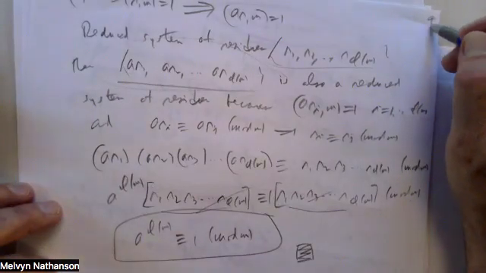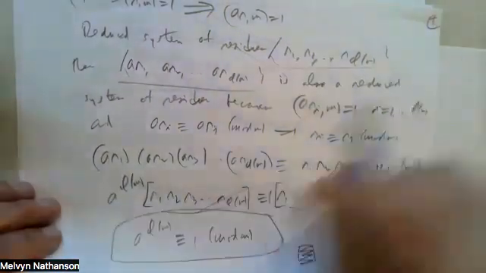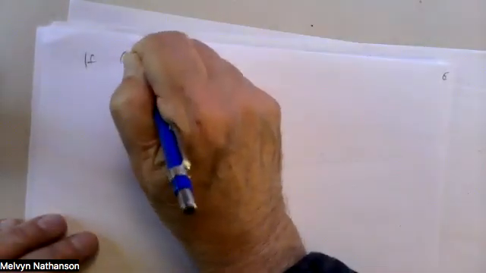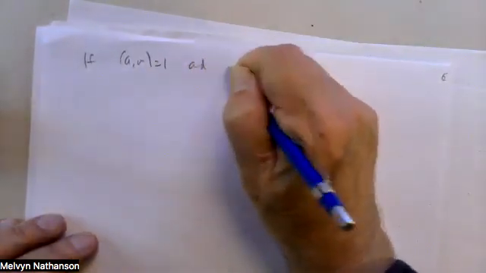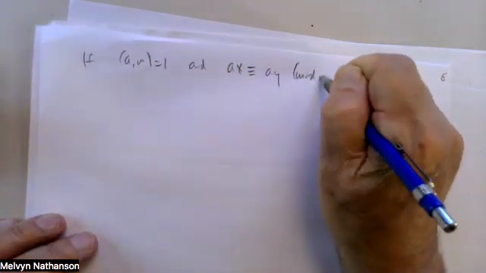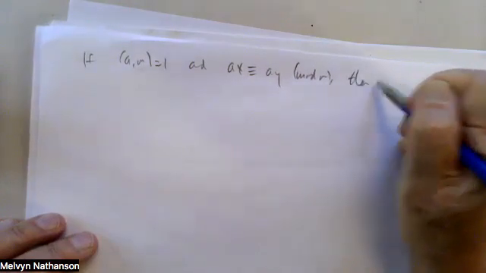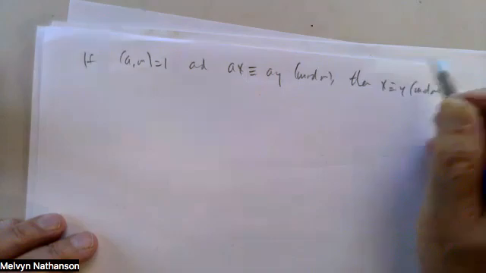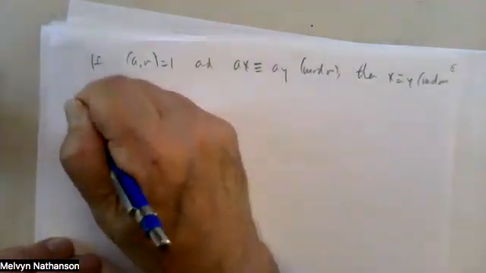And what I use consistently in this proof, let me just isolate it to make it very clear, is the following observation. If A and M are relatively prime, and AX is congruent to AY mod M, then X is congruent to Y mod M. And the way we prove this,